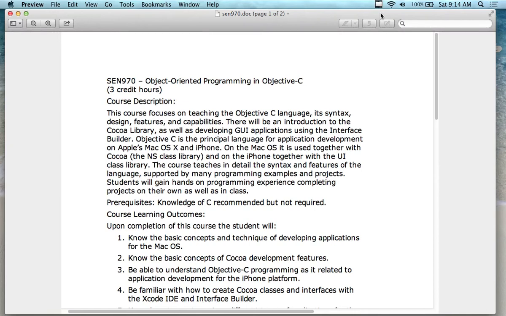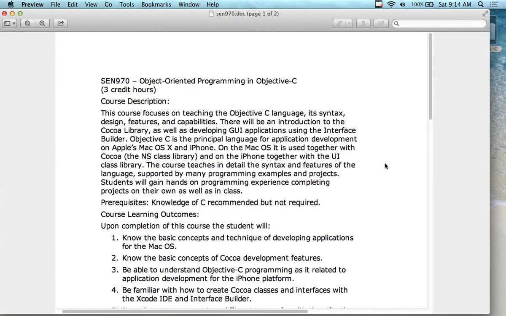So this is day number 1 of object-oriented programming in Objective-C. And for brand new students, which I'm going to assume everybody in the room is, even the guy who just walked in,